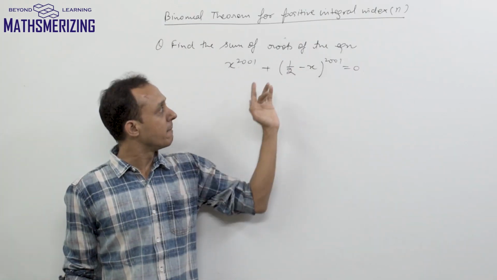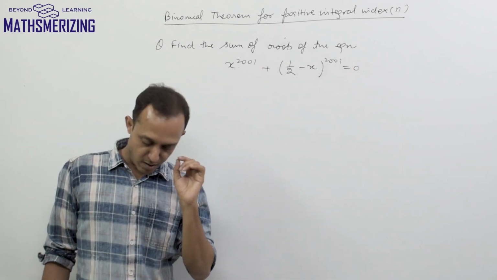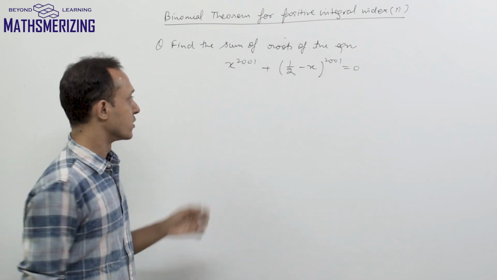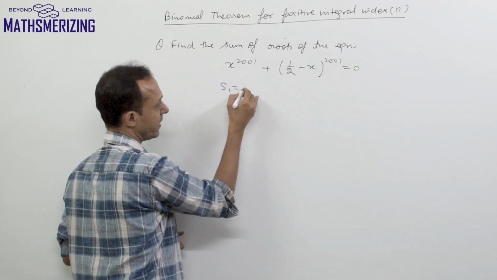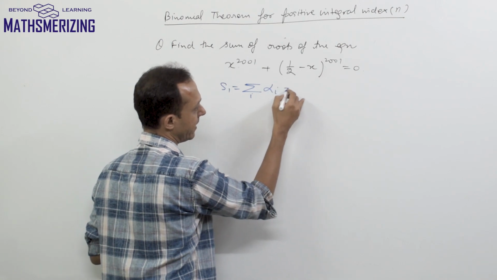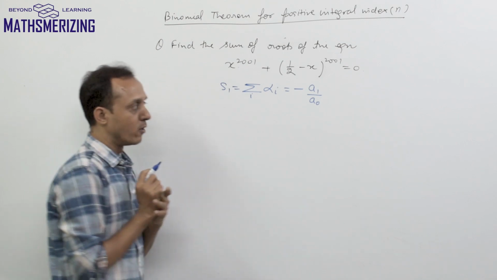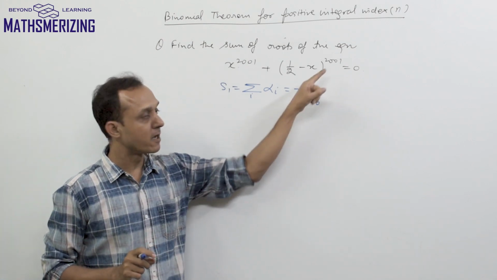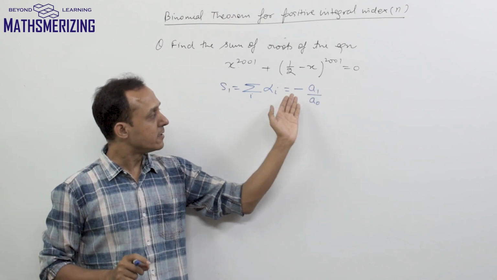Now the question is, find the sum of all the roots of the equation x to the power 2001 plus 1 by 2 minus x to the power 2001 equals 0. Now from theory of equations, we know that the sum of all the roots of any polynomial equation, which is S1, and we write it as summation over all i, alpha i, is minus a1 upon a0, where a0 is the coefficient of the highest power of x and a1 is the coefficient of the power of x which is just one less